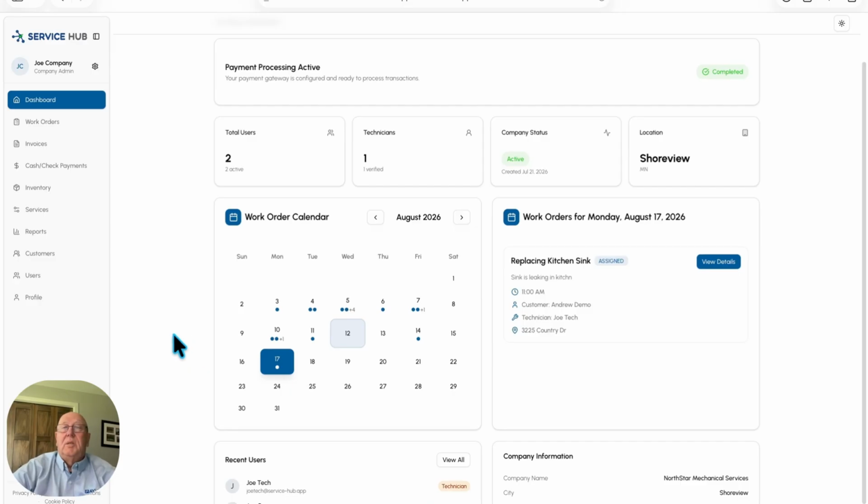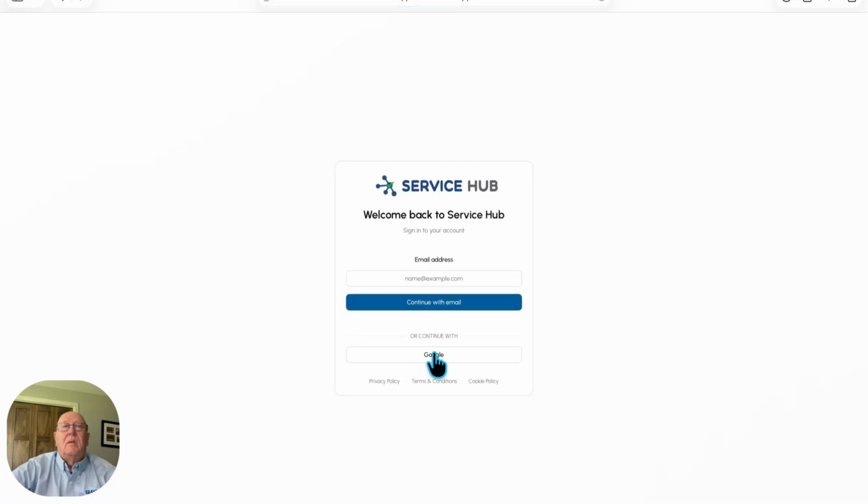So that's pretty much it. When a customer calls in for service, you create the work order, you schedule the work order for what day you want it to be completed, and then you assign it to a technician. So we're going to log out of here, and now we're going to log in as the technician to show you the difference. Again, they would have to enter their email address,